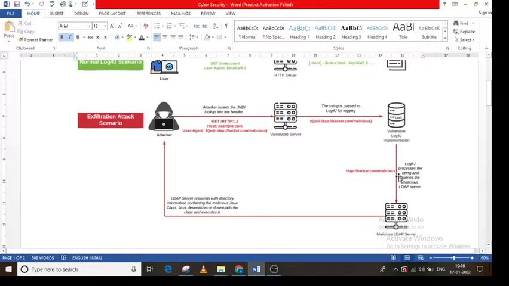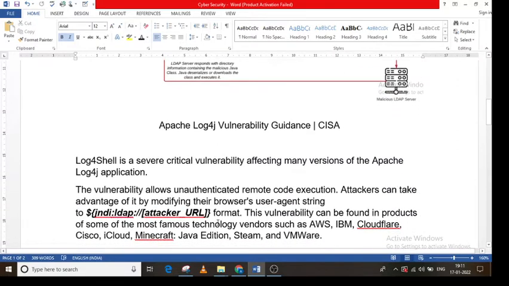What happens then? Log4j processes the string and queries the malicious LDAP server. This server can be any targeted machine. It can be a database server. In this scenario, this is the LDAP server. Then what happens? The LDAP server responds with directory information containing the malicious Java class. Java deserializes or downloads the class and executes it.